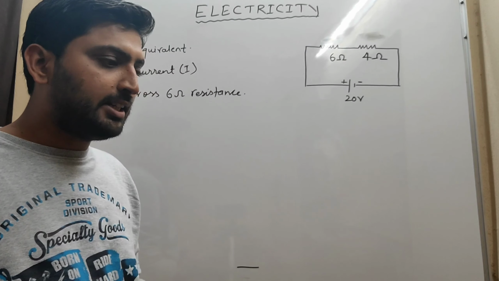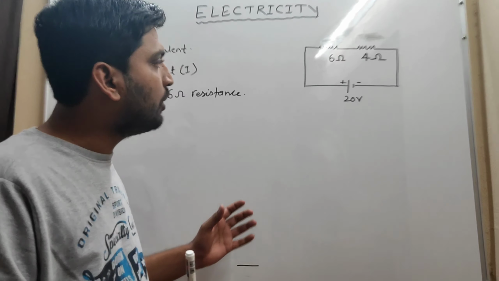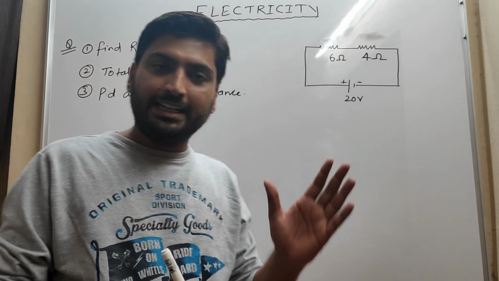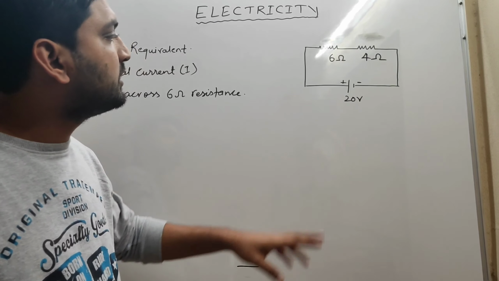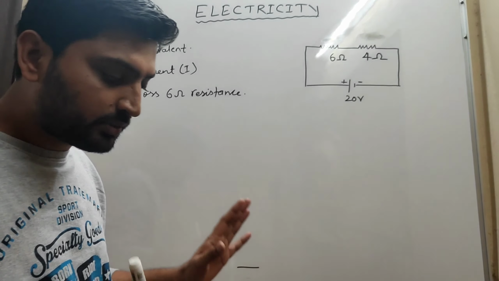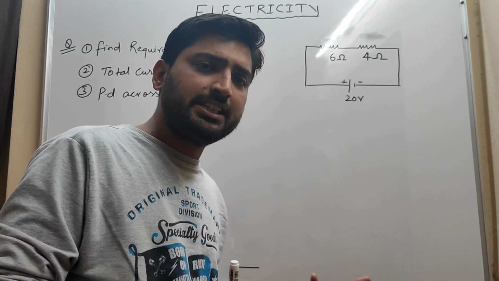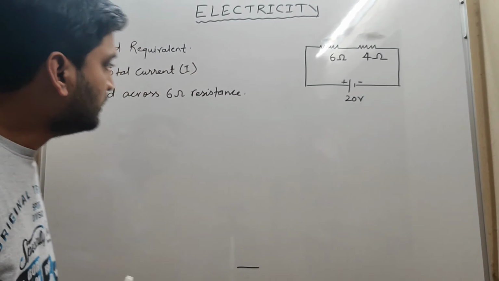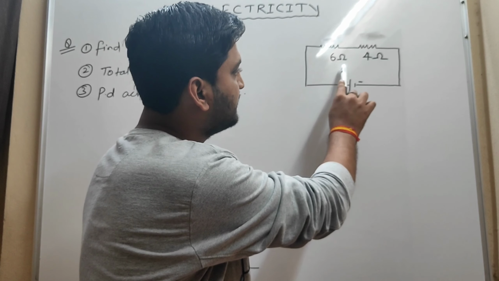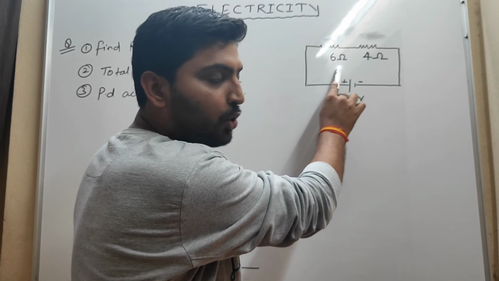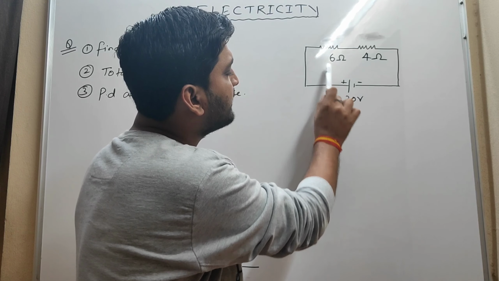In the previous video, I think in numerical part 1, I discussed the numericals based on Ohm's law, resistance and resistivity. Today we are going to discuss the numericals based on combination of resistances, which are series connection and parallel connection. So see, this is your first question. We have two resistances, 6 ohm and 4 ohm, connected to a battery